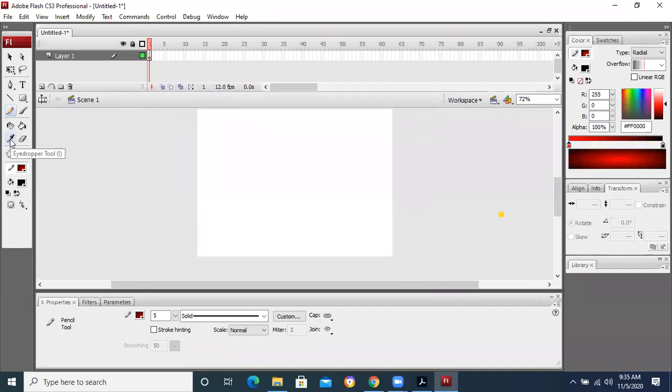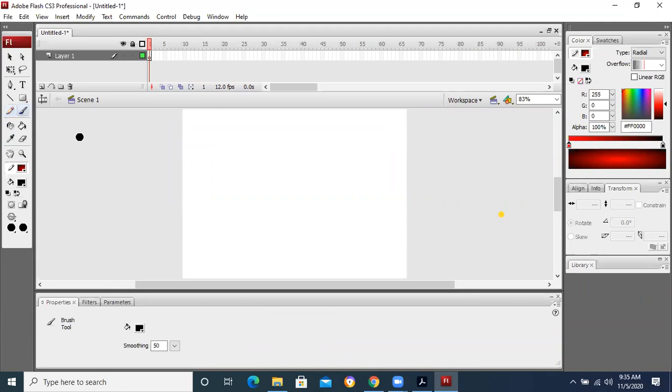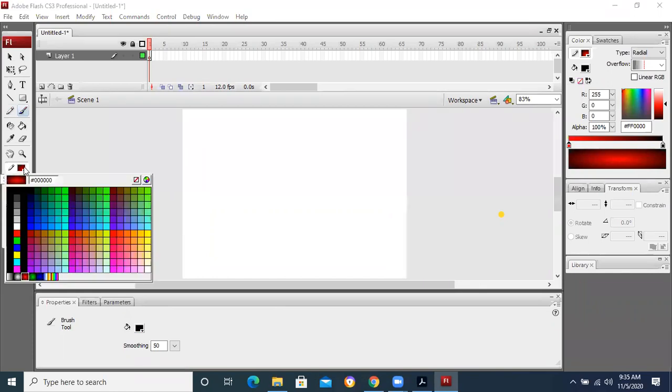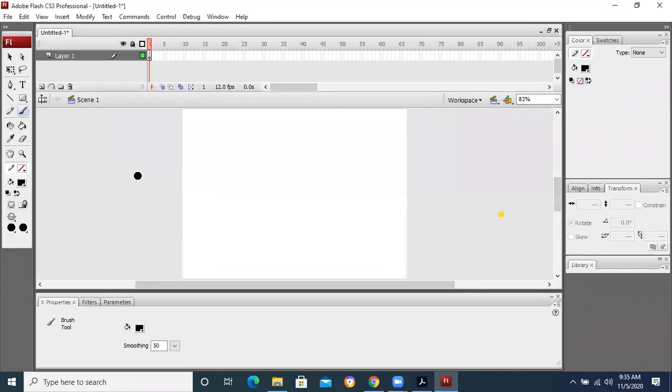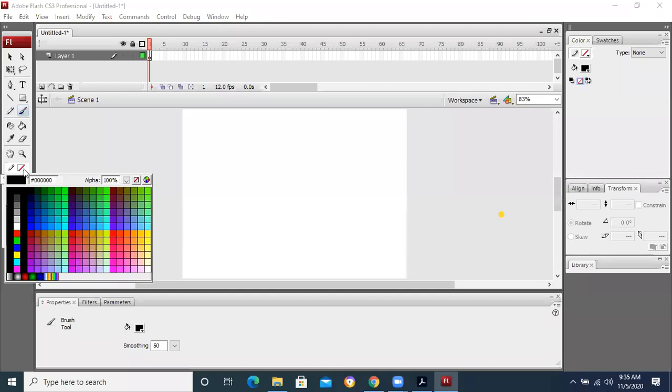Now you can see that if I take this brush tool, where is the brush tool? Here is B. B is the shortcut key to take the brush tool. If I take this brush tool, you can see that in the modifier, some options are there. Brush tool does not have any stroke. If there is a stroke, just remove it, because normally we take the brush tool without stroke.